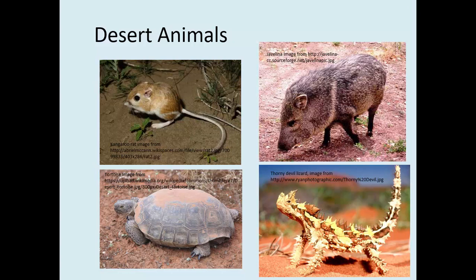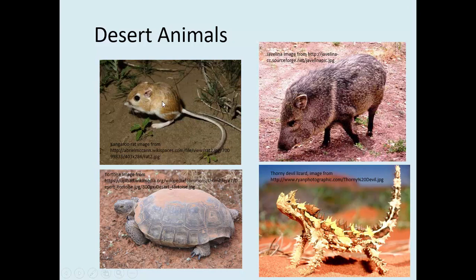Here are some pictures of desert animals, and you'll notice that these desert animals are adapted to the hot, dry conditions. For example, the thorny devil lizard can collect water down its tail into its mouth. The tortoise is very good at burrowing in the ground to protect itself from the hot daytime temperatures, and it has this lovely shell to protect itself from predators, but also its scaly skin keeps it from losing too much water due to evaporation.